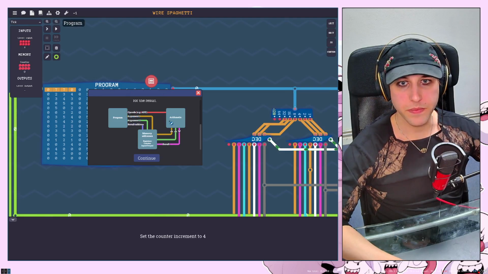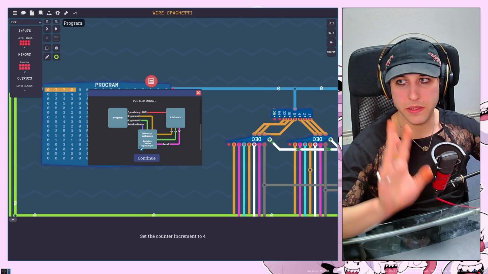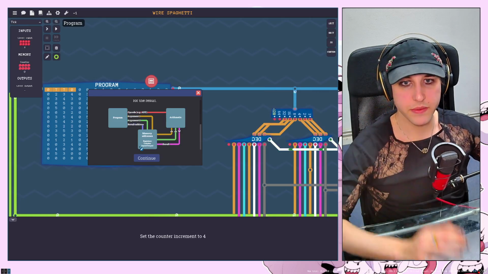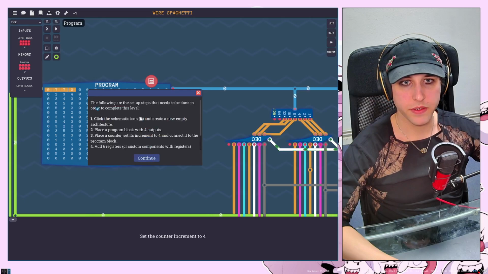Opcode flows into the arithmetic engine, whilst argument 1 and argument 2 address memory locations, which are then fed into the arithmetic engine. Blue defines the result address, and the arithmetic engine returns a result and feeds it back into our memories, input output, registers. Okay, so next. The following are the steps that need to be done in order